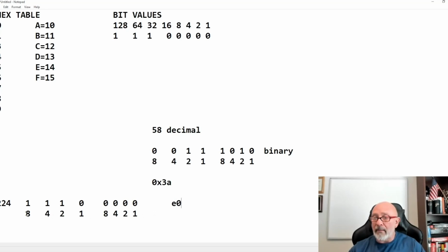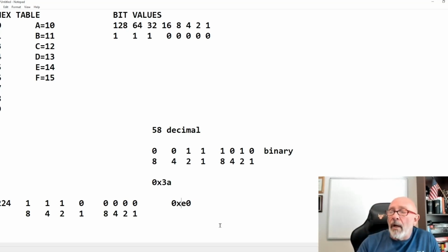Now let me just check my math. 8 plus 2 is 10 and 4 is 14. Yes. Okay, and then we need to put that identifier 0x right in front of it. That's it. That's all there is to that. But this is going to come in. I mean, doing this is not major, all right? But you need to be able to work in hex when it comes to IPv6. You're going to have to, especially when you start subnetting and when you're incrementing.